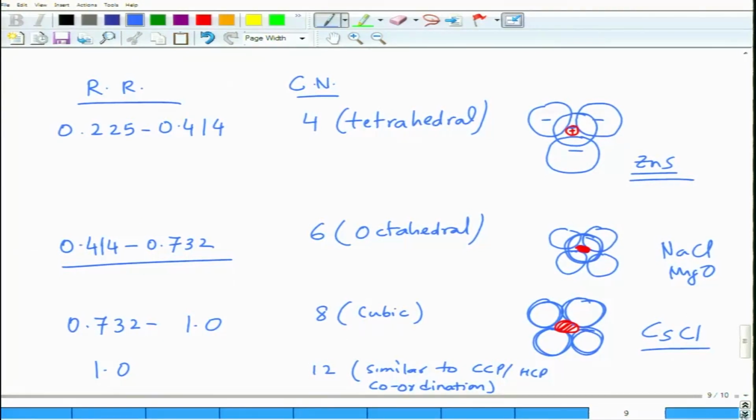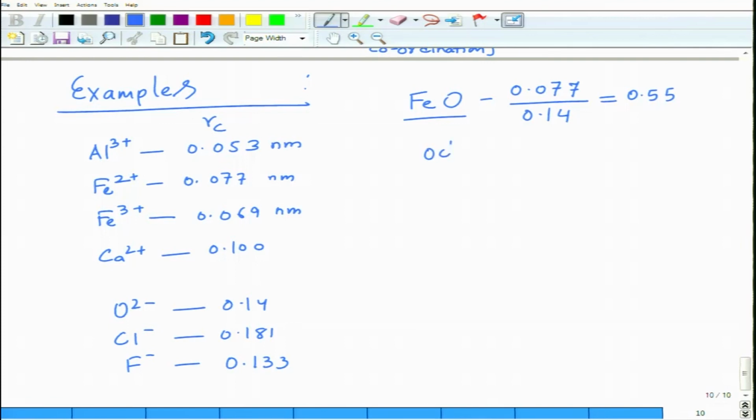So, which means FeO should have octahedral coordination of cations. Okay, octahedral coordination. But if, let us say, Fe is surrounded by 6 O,